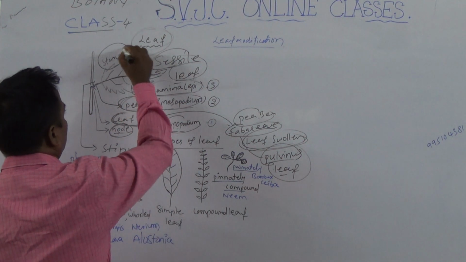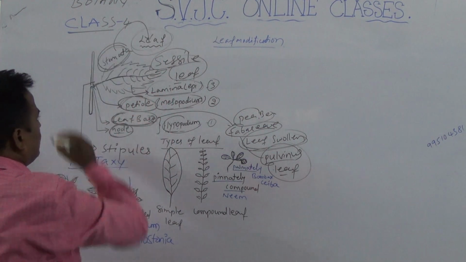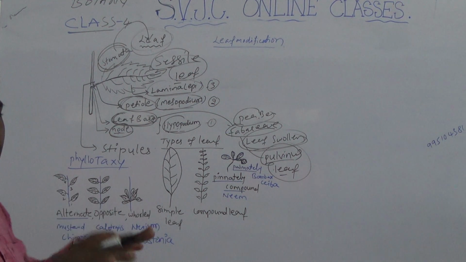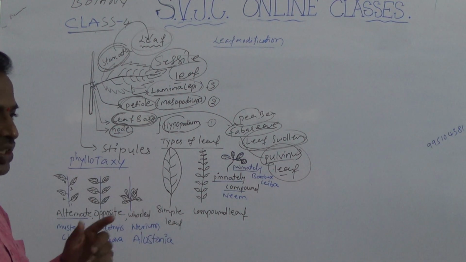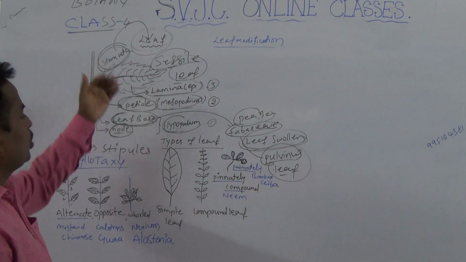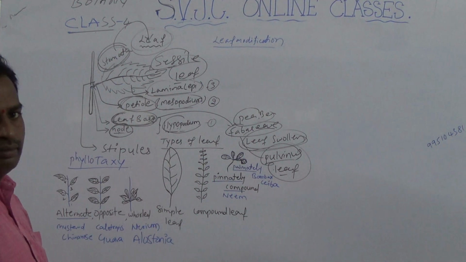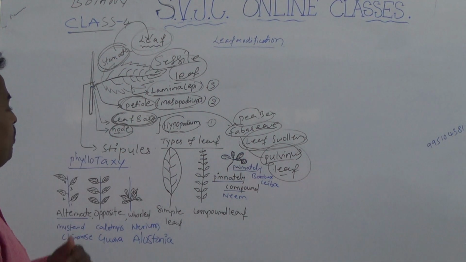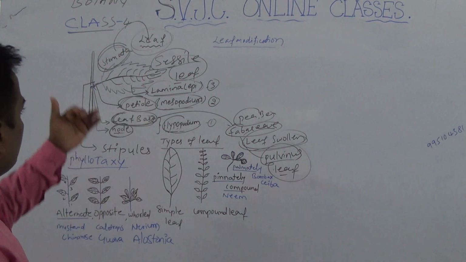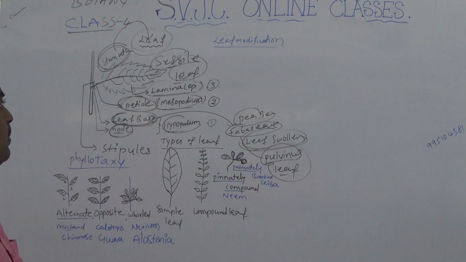Stomata are reported in the leaf. So what is the role of stomata? To exchange gases. The transpiration process is regulated by which vegetative part? Leaf. Not root, not stem. Which vegetative part regulates the transpiration process? Leaf, because it bears stomata. Its function is making food, not only making but also storing food materials, as well as regulating the transpiration process. That is the function of the leaf. It is a common function.